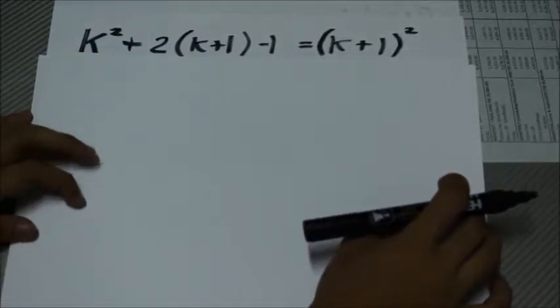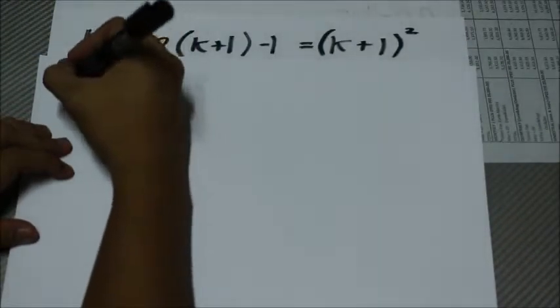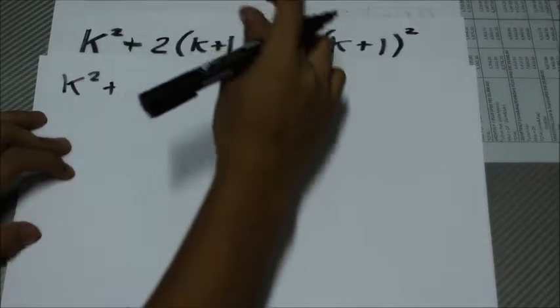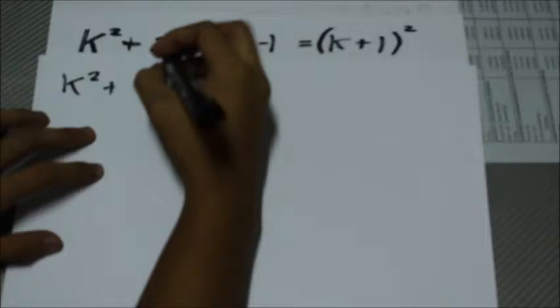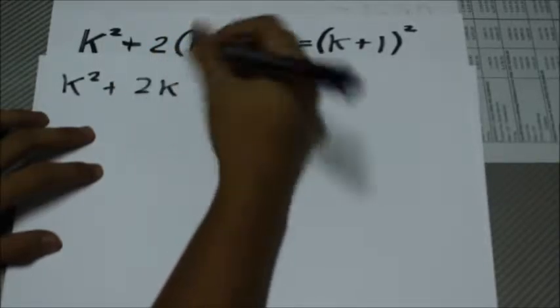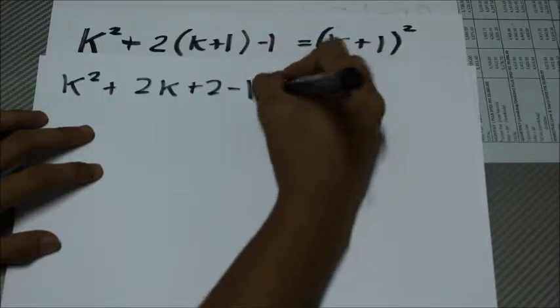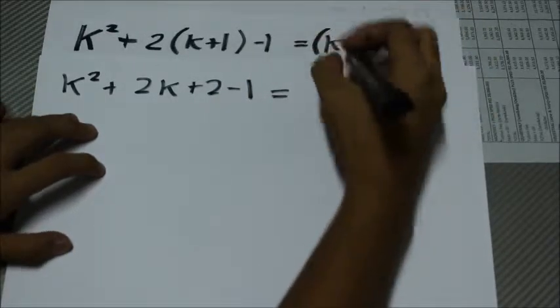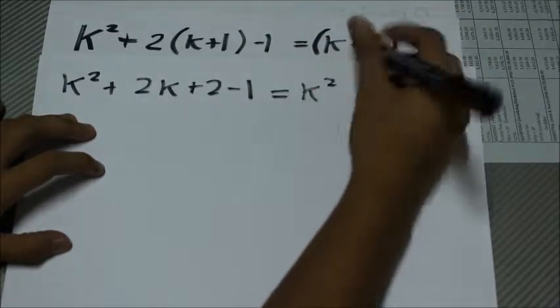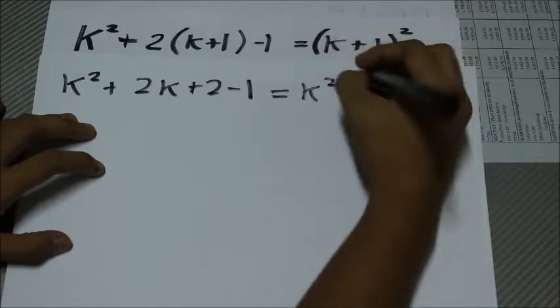So now let's solve. So copy k squared. Distribute 2 by k plus 1. 2 times k is 2k. 2 times 1 is 2. Plus 2 minus 1 is equal to k plus 1 squared. So k squared, 1 times k times 2 is plus 2k